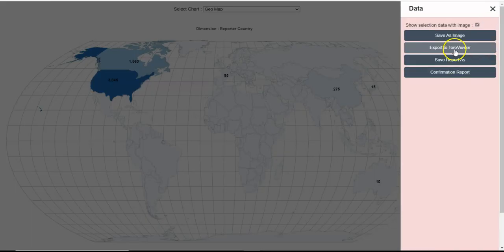And in the data panel, I can save this as an image, either the provinces or the states or the world map. I can export it to TotoViewer. TotoViewer in this demo has been disabled, but TotoViewer allows me to create this interactive file that I can send to someone else who does not have TotoCube, and they can see not as much as what I'm seeing, but as much as what I want them to see. And so I would filter the data and whittle it down to what it is that I'm focusing on, and then send it out,